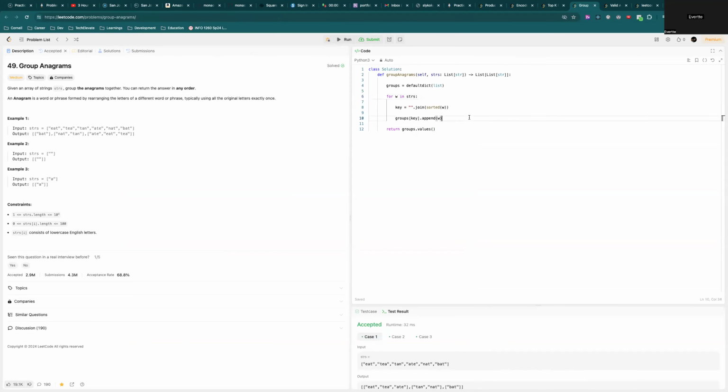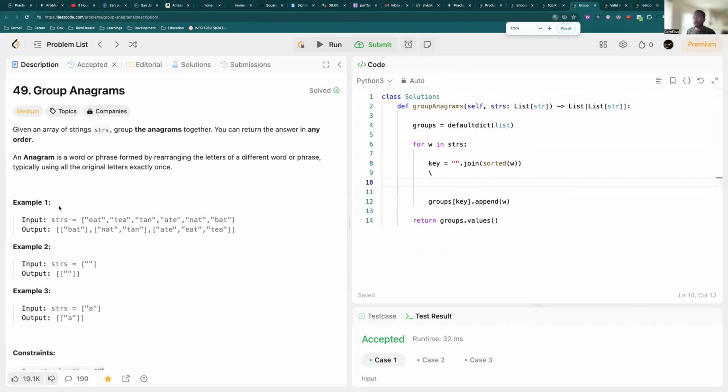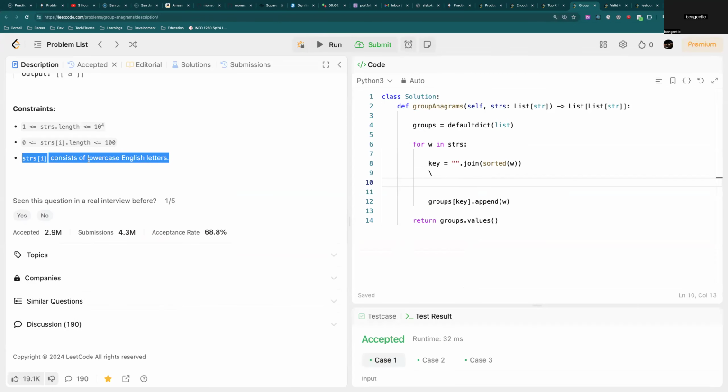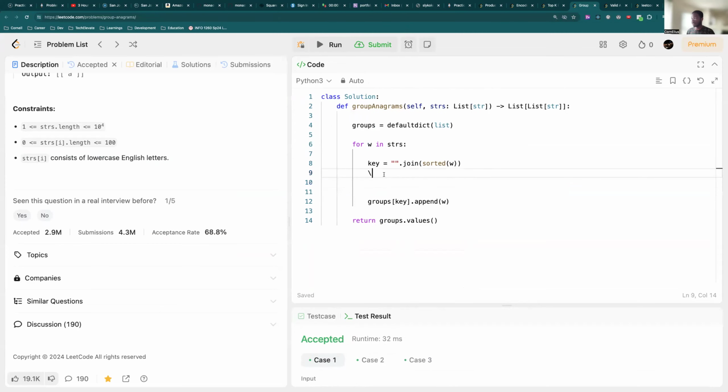Yep. Okay, so this was my solution. I used what I just explained. The other way to go about this is this. If you read the specification, can we all see what I've highlighted here? It says lowercase English characters, right? That's every word is lowercase English characters. So because of that, I can do something different.